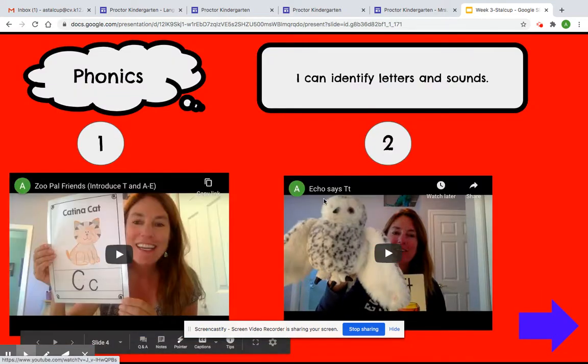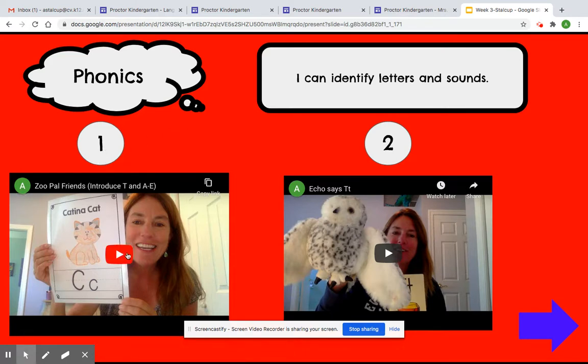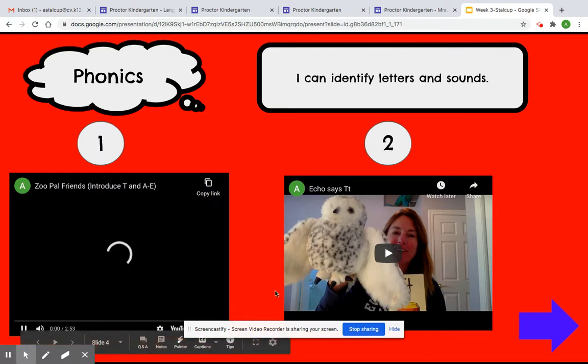So this would be phonics. We're working on identifying letters and sounds. They would click on this video first, watch it. That's me doing some Zoopal things. And then this video second. When they click on the videos, it's kind of nice if they make them larger. So if you click on the video,